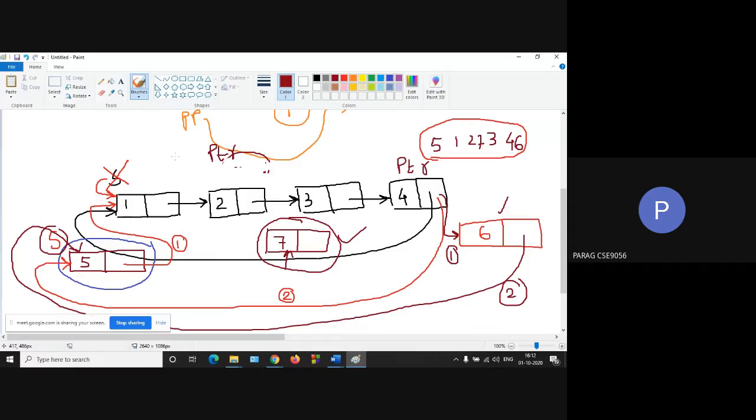PTR next is equal to new node. So this is your first operation. PTR next is new node. So we break this connection, and PTR next is new node. And then new node next